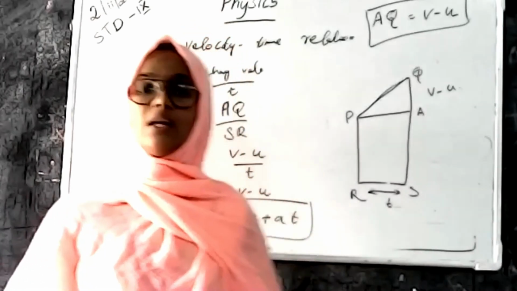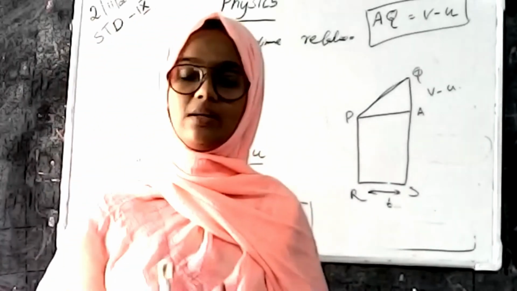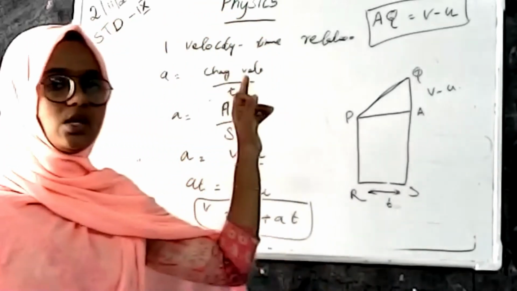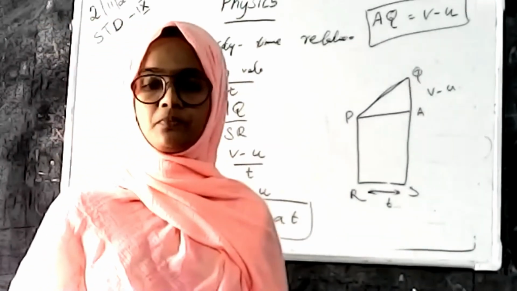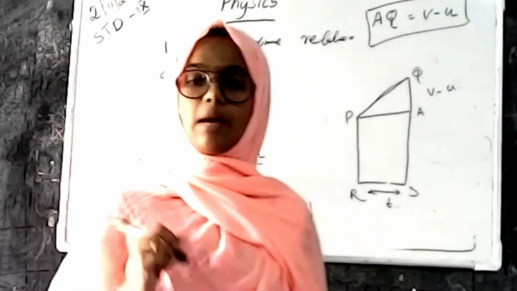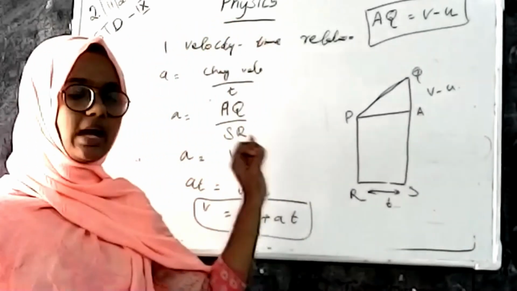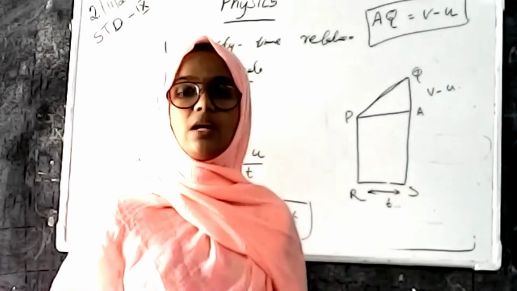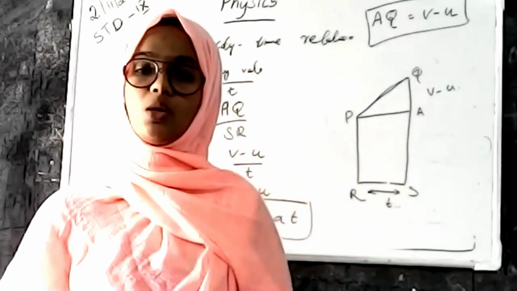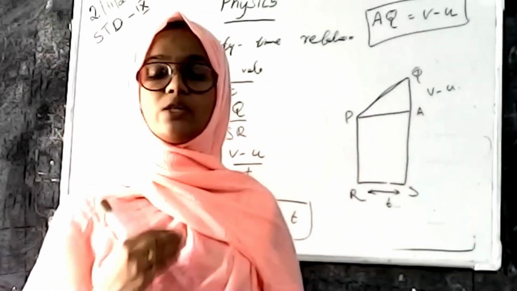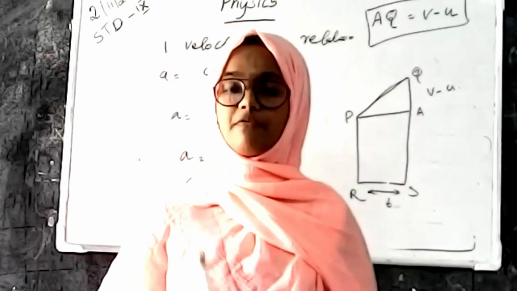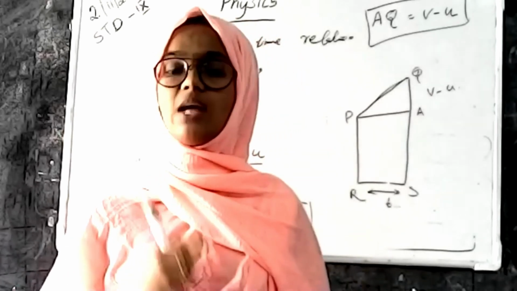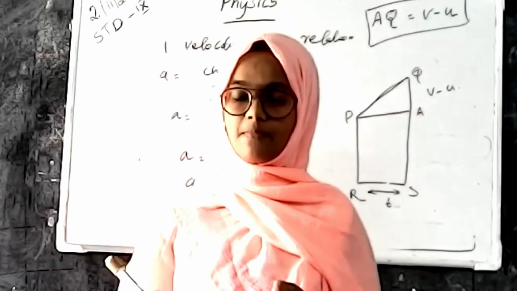So I think all of you understand the basic or common derivation for attaining the equations of motion, and what the first equation, the velocity time relation, is. This is all we are discussing today: the velocity time relation of the first equation of motion, the velocity time graph, and the common derivation for the equations of motion. What is the velocity time graph? A velocity time graph shows the velocity time relation. Velocity is taken on the y-axis and time on the x-axis.